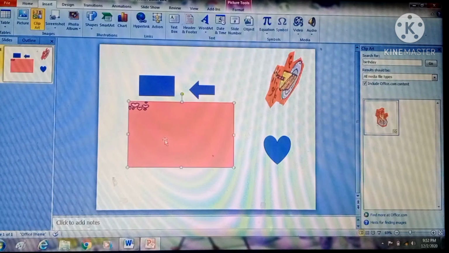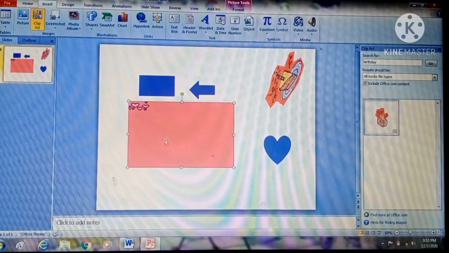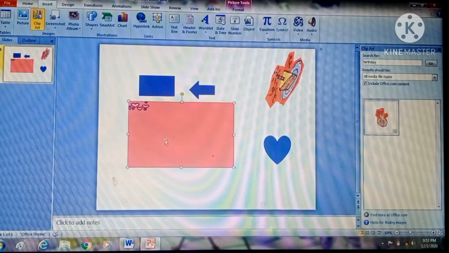Next we have discussed how you can insert the shapes in a presentation, and after inserting the shapes in the presentation, how we can group and ungroup the objects. So this was all about this chapter.